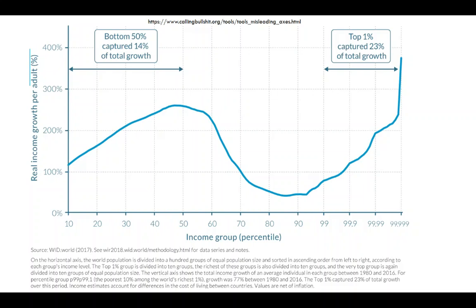Now, this is an interesting one as well. What we see here is that real income growth per adult is on the vertical axis. So we're trying to get a sense of what kind of growth we've seen in people's incomes. On the horizontal axis, we're looking at income group by percentile. So we're talking about the lowest 10%, the next poorest 10%, the next poorest 10%, all the way up to the top 10%. All right, nothing wrong with that specifically. However,